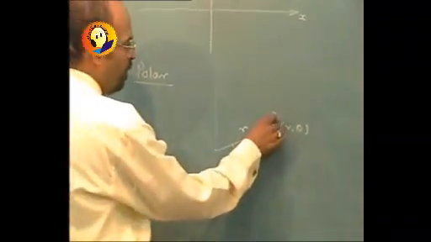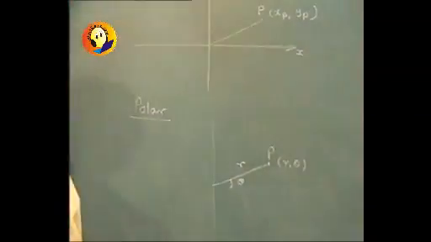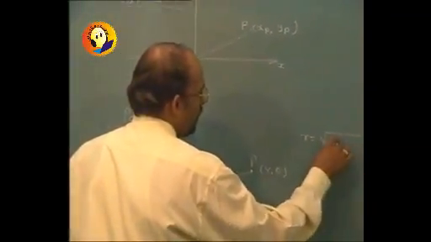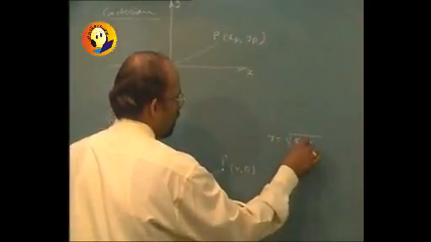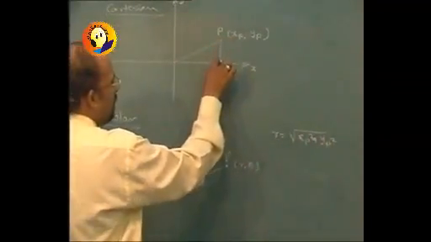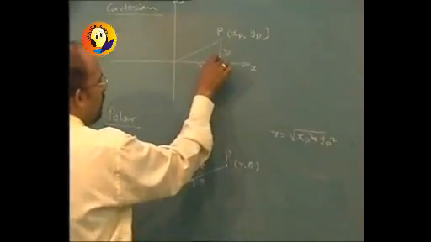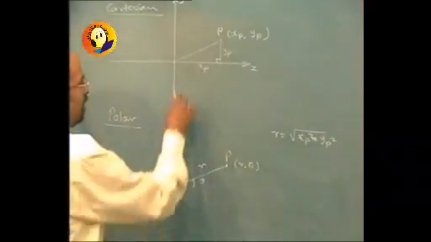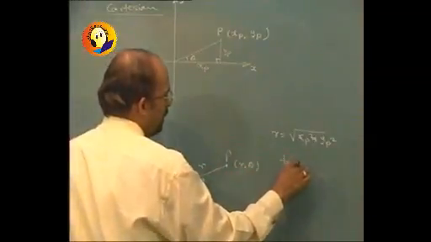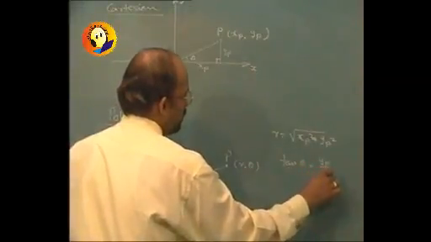If the same point P is to be represented as r comma theta, then we get the formula for r as under root of xp square plus yp square. As this is distance yp and this is distance xp, this being a right angle triangle, and if this angle is theta, we can say that tan theta will be yp upon xp,